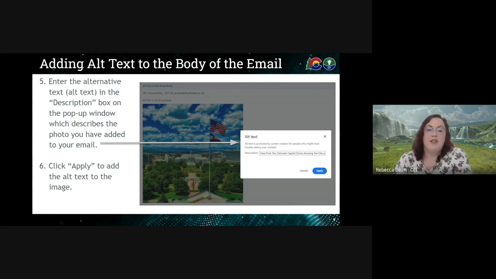So in this picture, we have just the view from the state capitol dome, and you can see the city and county of Denver's original building across Civic Center Park. So I put a briefer version of that in the alt text, and then when you are satisfied with your alt text in the pop-up that will show, you will just click apply, and